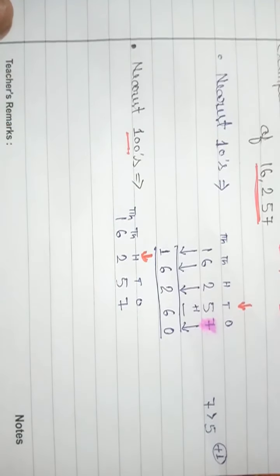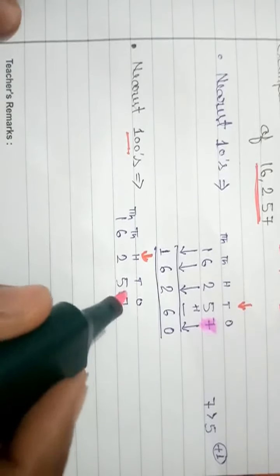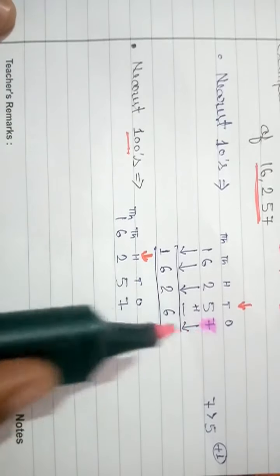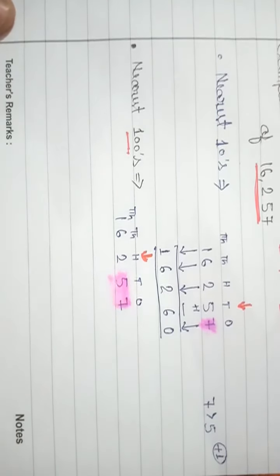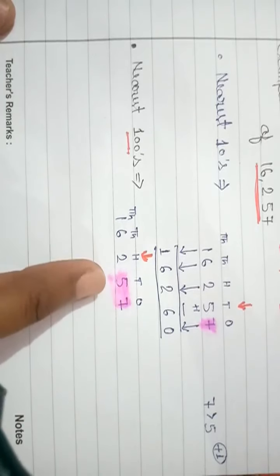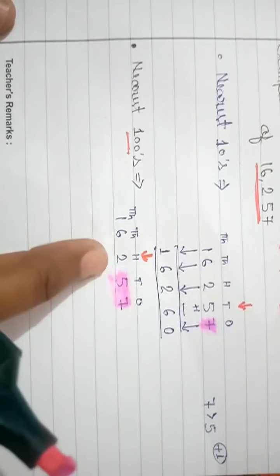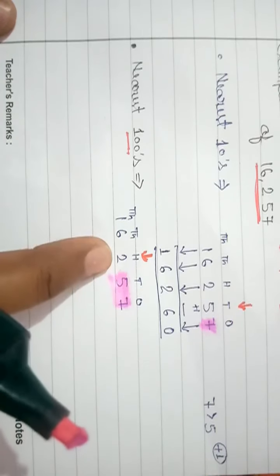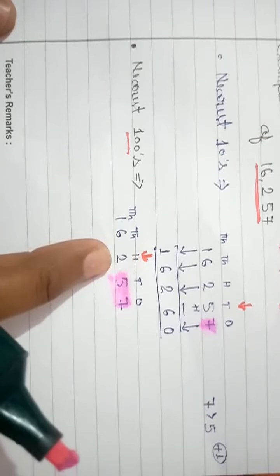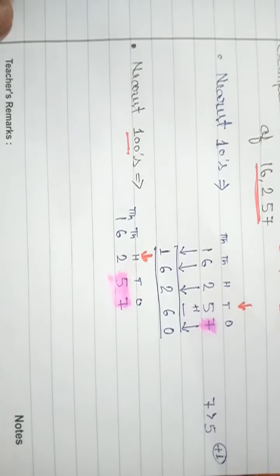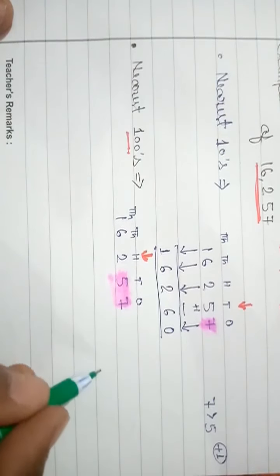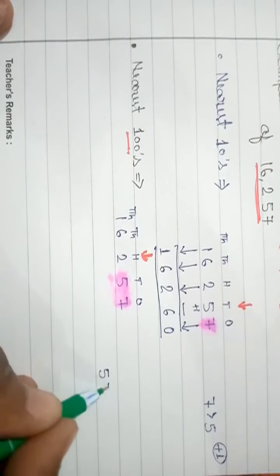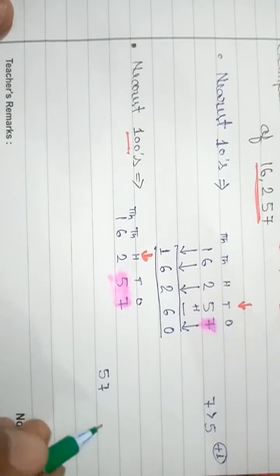So we will compare our highlighted place, जो भी हमारी राइट हैंड साइड में प्लेस होंगी उनको हम हाईलाइट कर लेंगे. नाउ here we are seeing the highlighted places are 5 and 7 because these are immediate right to the target place. The target place is 100. Okay, so these are highlighted, and we will compare with 50. So it is 57 and we will compare with 50. Now which one is bigger here?